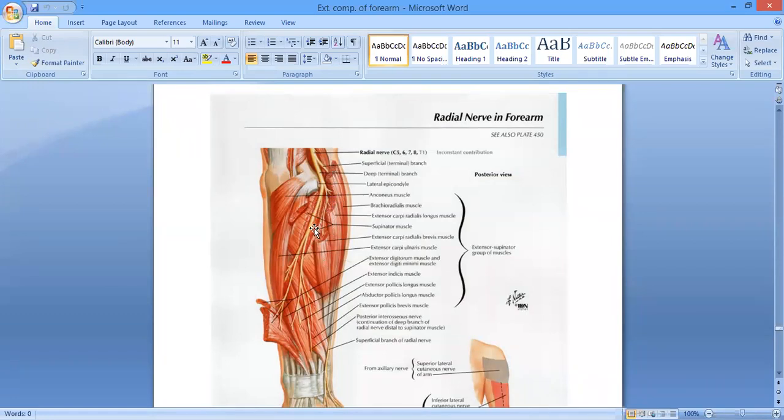Then it is going to divide into the medial and the lateral branch. Okay, and the lateral branch is going to supply these two lateral muscles, abductor pollicis longus and extensor pollicis brevis, and then the medial branch is going to supply the extensor pollicis longus and the extensor indicis muscle. Here you can see the lateral branch and the medial branch. Okay, ये दो muscle को ये display कर रही है और दो muscle को ये lateral branch display कर रही है.